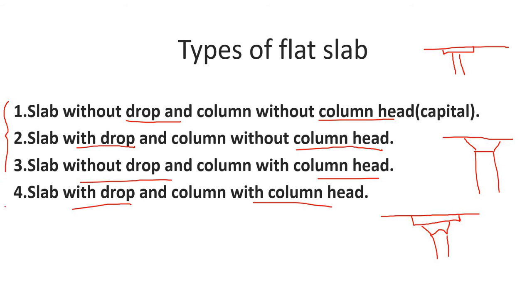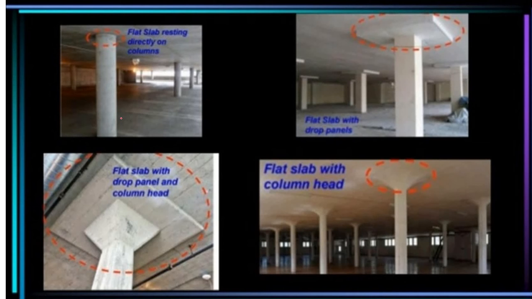If I show you a figure now, you can see here this is a direct flat slab, which is resting directly on the columns. This is a flat slab with no beam, as you can see here in the basement, and there is only a direct column. Now this is the other type, a flat slab with drop panels. See here, this is a slab, and there is a drop panel here, this one square.